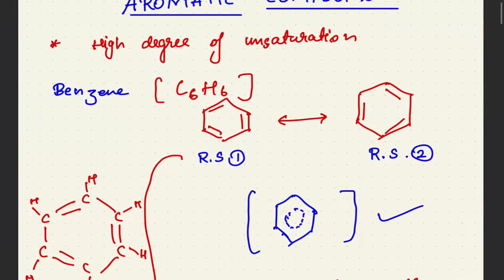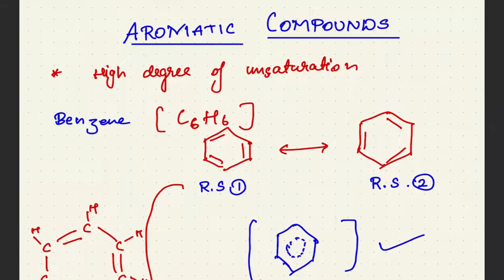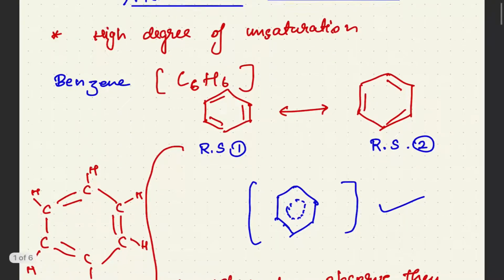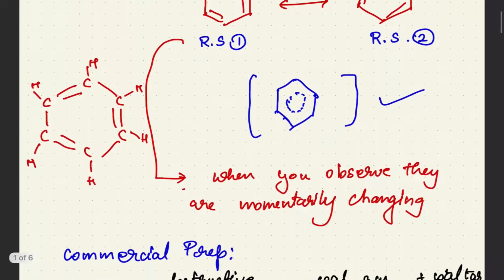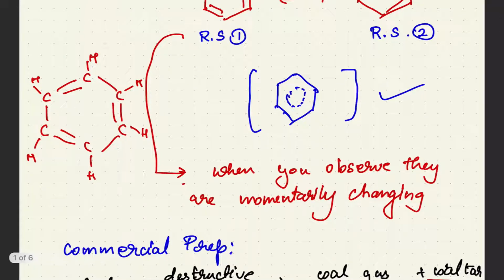So, till now we have learned about the aromatic compounds. We have gone through the introduction and we saw that the aromatic compounds are the ones which have a high degree of unsaturation, and one of the common aromatic compounds is benzene. We have seen the structure of it as well. We have talked about the resonances,